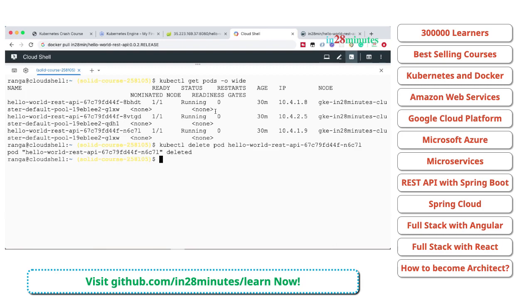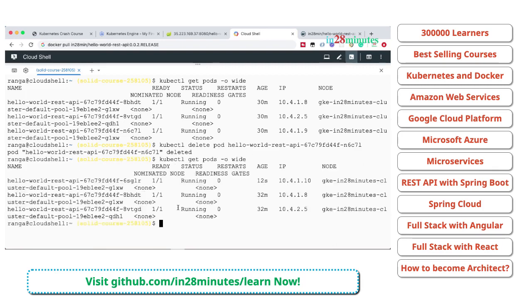It takes a little while, and now if I do a get pods -o wide, you would see that there is a new pod which is started up. You can see that the age of this pod is 12 seconds. This pod has a new ID, and the most important thing is this pod also has a new IP address. The IP address of the old pod which was deleted is 10419 and the IP address of the new pod is 10410. Now if I delete another pod, let's pick up another pod from the list